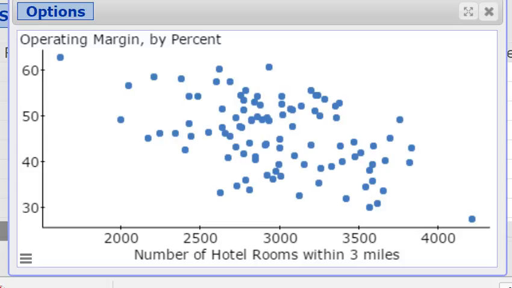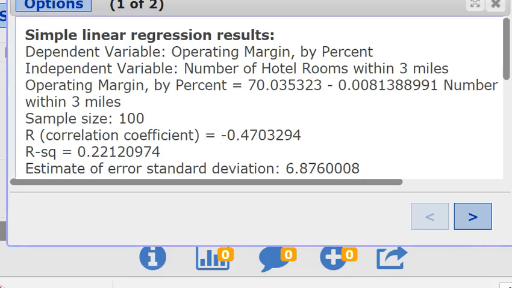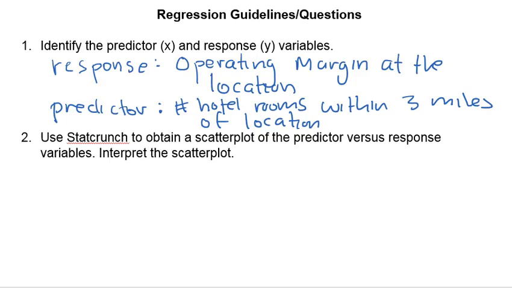So let's go back to our. Actually, I'm going to get out of here real quick and go to the StatCrunch results, the regression results rather. The correlation between these variables is negative, which indicates a negative relationship, negative 0.47. All right, so what we have is, let me go back to my PowerPoint. There it is. What we had is a relationship that had a negative correlation. So there is a negative. Okay, I'll just write a sentence. There is a negative,